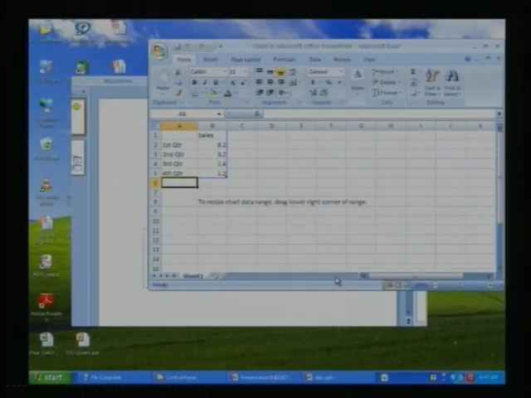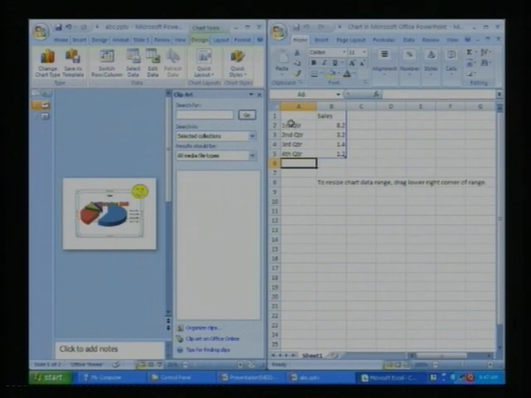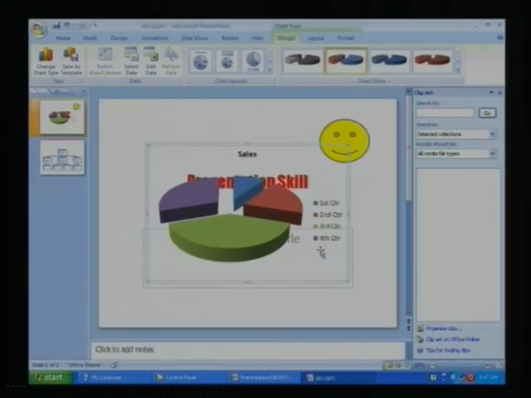First you have to enter the data for your chart. Assume that we are entering the data 10, 20, that becomes 30. In a pie chart, the content doesn't exceed 100%. So 10, 20, that is 30. So now we have 70 left. So 40 and 30. I have entered the content, so I close this. So in the first quarter, second quarter, third quarter, fourth quarter, you can view what the sales figures are.